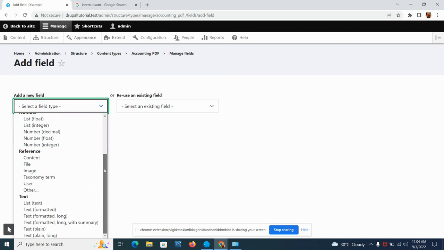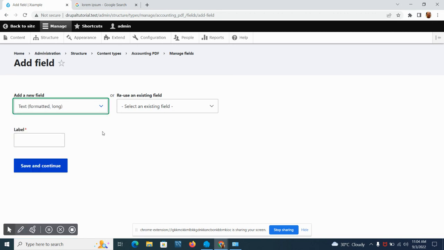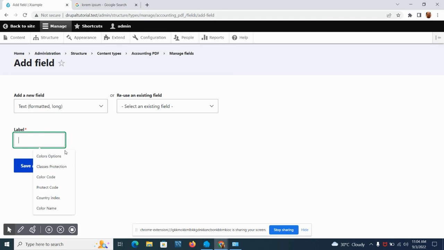So let's just say we're going to add a text that is formatted. So as you can see, this is a different kind of text input. The first one is a plain long; it doesn't have a WYSIWYG on it. But this one, we're just going to have a formatted long type. So we're going to label this or name this as PDF